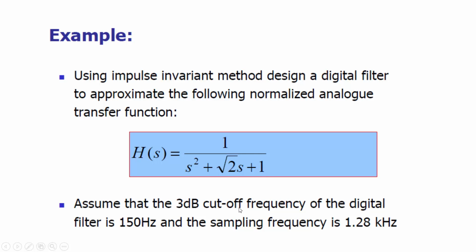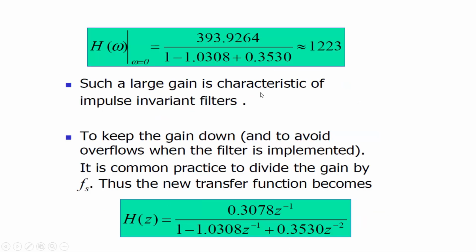And assume that the 3 dB cutoff frequency of the digital filter is 150 hertz. So the cutoff frequency is 150 hertz and the sampling frequency is 1.28 kilohertz. You will have to solve this example yourself. This is the frequency response in the digital domain, H of omega. This is the DC gain you have calculated, which is 1223. This is the final expression that you will be able to achieve or calculate after applying the impulse invariant method. So you just try to solve this example on your own,